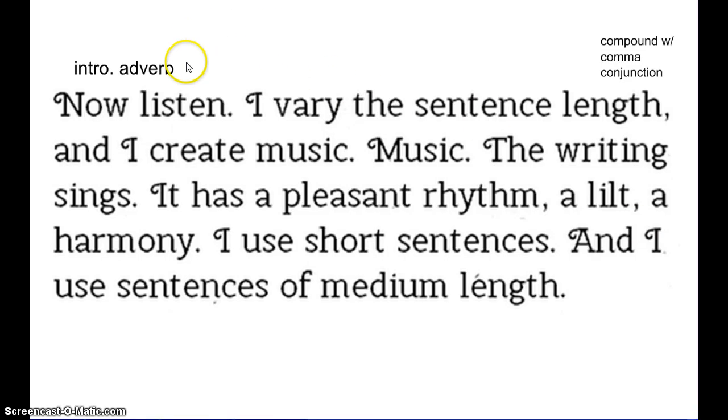And I just labeled a couple of the varied sentences that we're going to start talking about here. This one has an adverb at the beginning of it. We've talked about using adverbs as transitions, and it shows how this paragraph connects to the one before it. We've also got over here a compound sentence using a comma conjunction. By just combining 2 short sentences, it's another easy way to make some fluency in your writing.